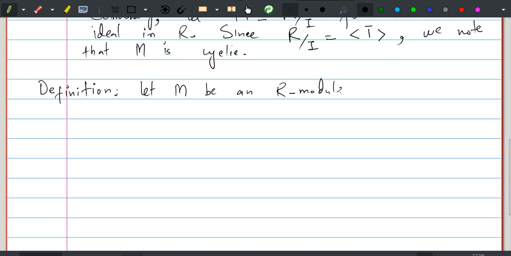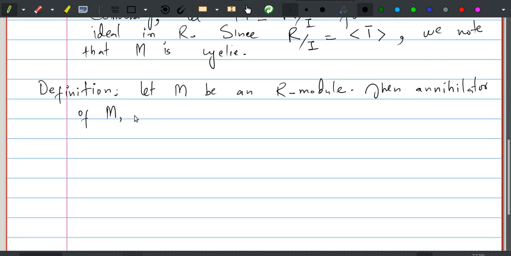And then the annihilator of M, denoted by Ann of M, is defined as,